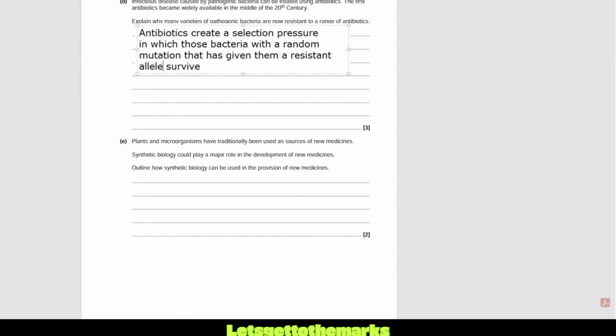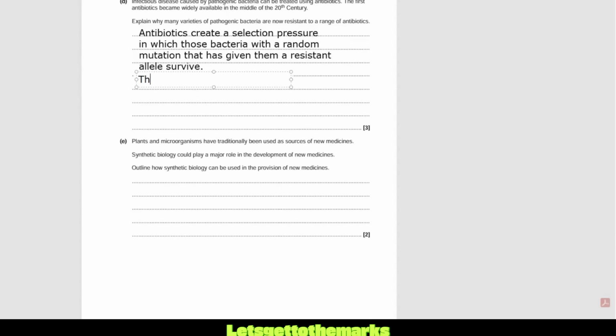Now, do I need to write all of this? No, I'm longing it out. You can probably just waffle a bit and say by natural selection. So you could say antibiotics create a selection pressure, and by natural selection, this creates resistant bacterial strains. Boom, you'll get that mark. Or I could go into loads of detail and show you the detailed version, but you can just stream this down to natural selection just to get that point. But I'm basically explaining natural selection.